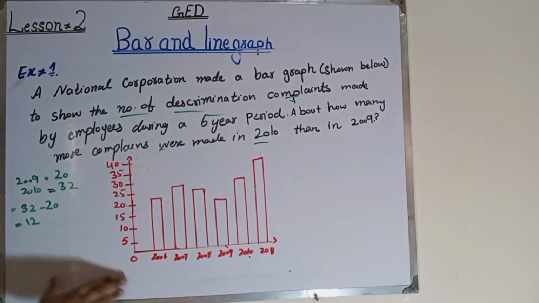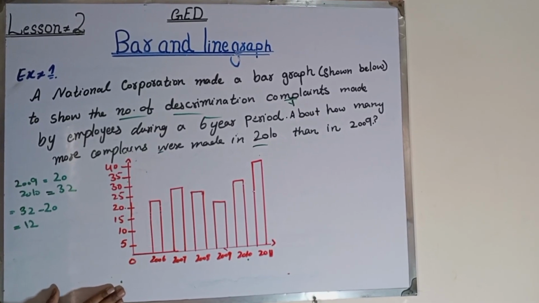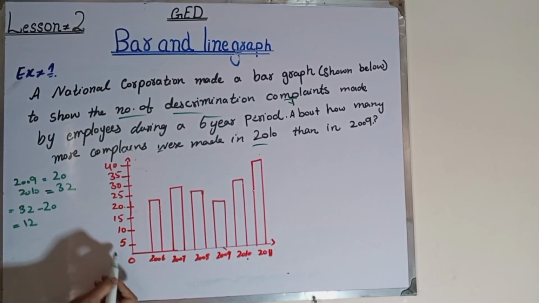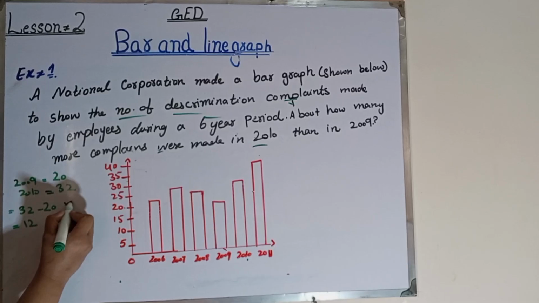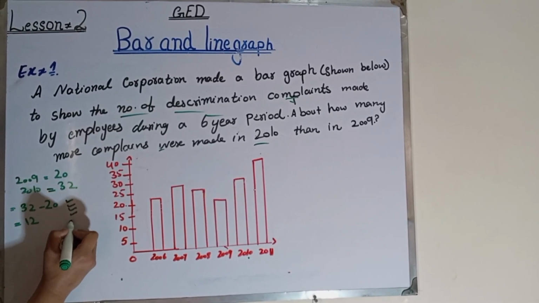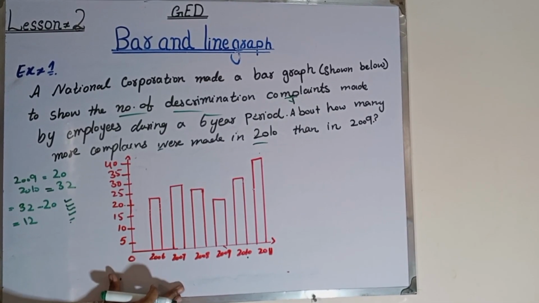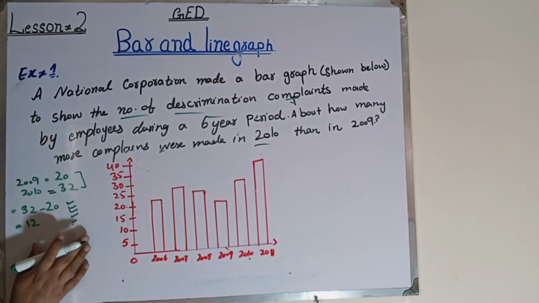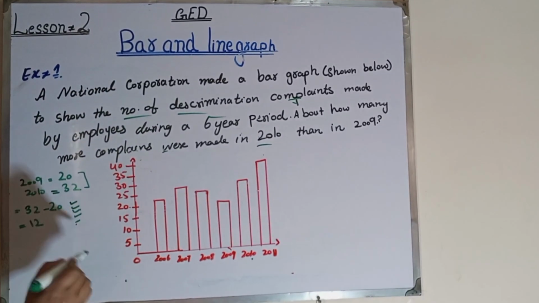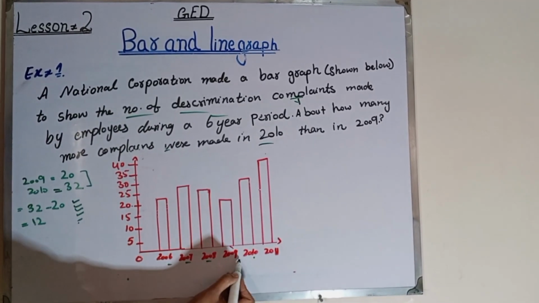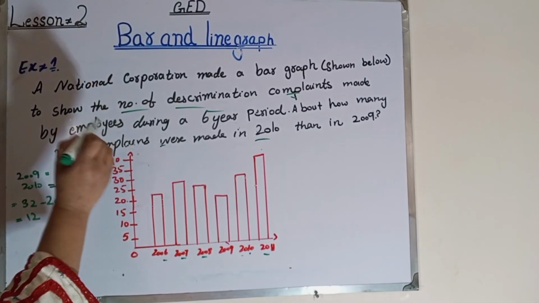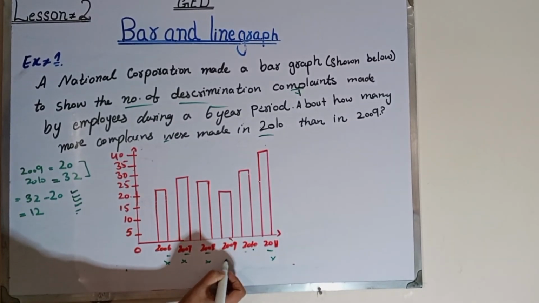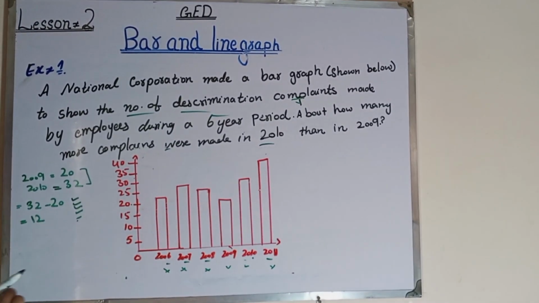Now, you can easily understand this bar graph by this example, in which you easily compare the data, and you easily predict the next values or future. This bar graph is very important to compare any data. So in this comparison, we can compare 2009 and 2010 data. We don't compare 2006, 2007, 2008, 2011. Why? In the question, they don't ask about them. They only talk about 2009 and 2010. So we only compare this data.